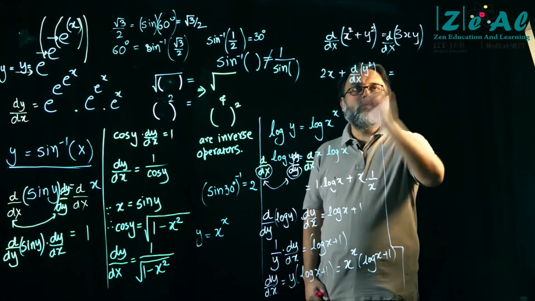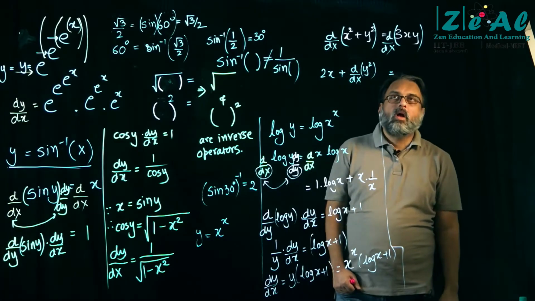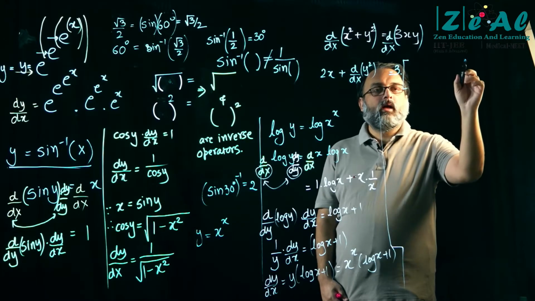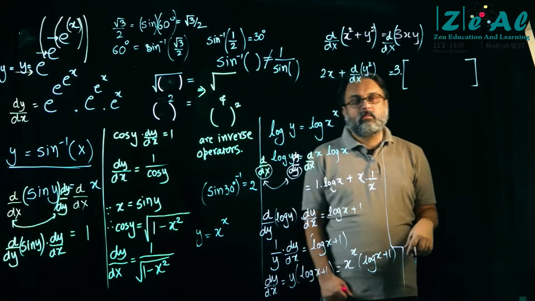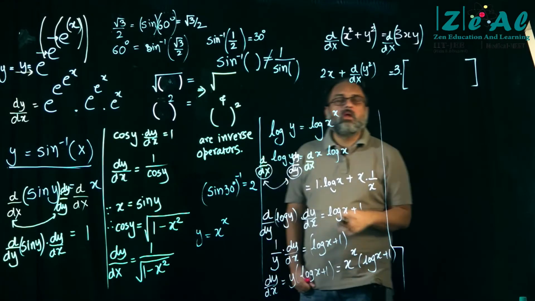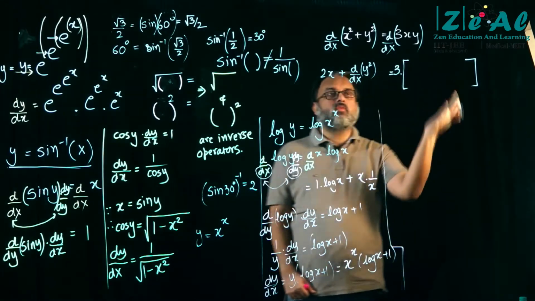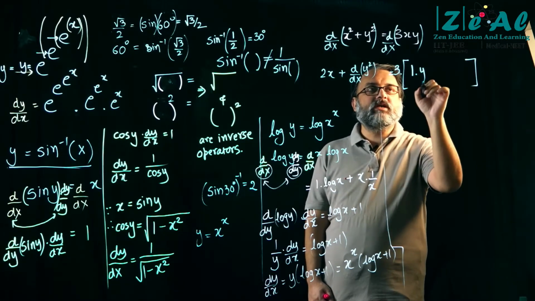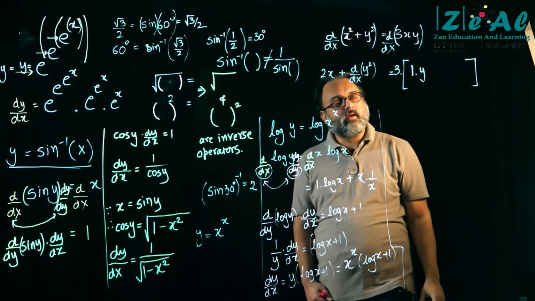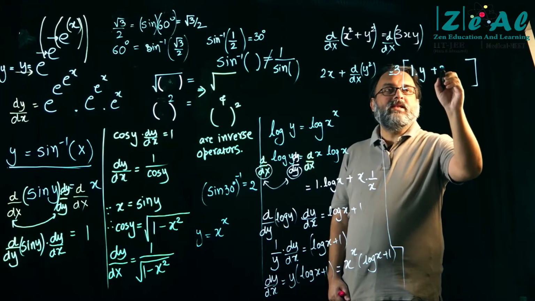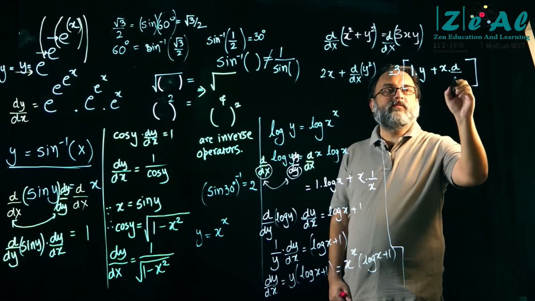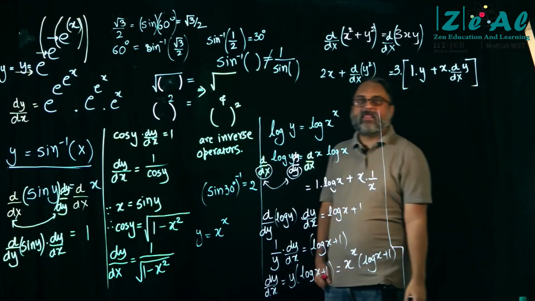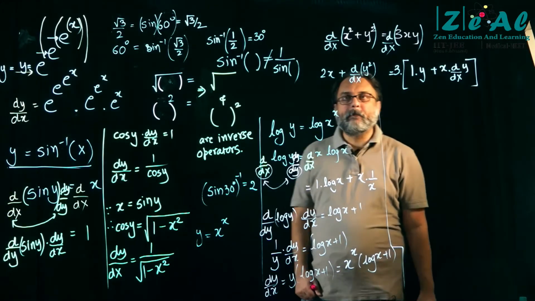Is equal to, what do we do here, brother? Let's apply the product rule. The 3 will come out, right? 3 is just a multiplying factor, so it just comes out. So d by dx of x into y, differentiate the first function, leave the second function alone, okay, plus leave the first function and differentiate the second function.